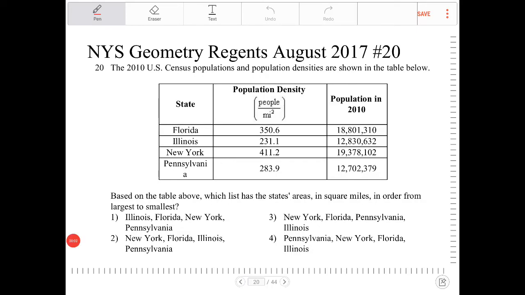The 2010 U.S. Census populations and population densities are shown in the table below. Based on the table above, which list has the state's areas in square miles in order from largest to smallest? So we want to find out the size of the state. We're talking about the surface area in square miles of the state, based upon the information that's given